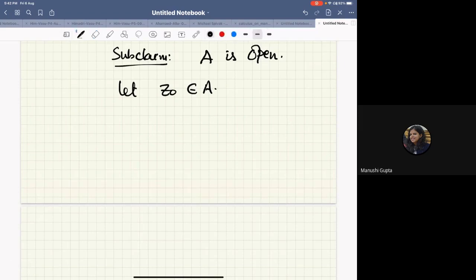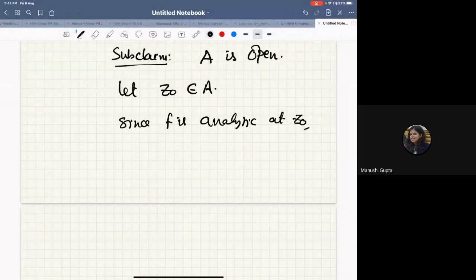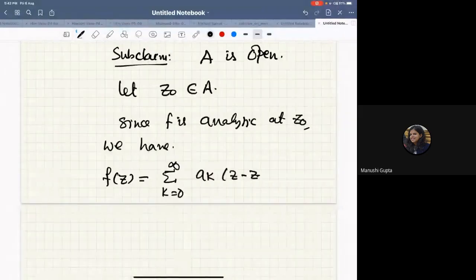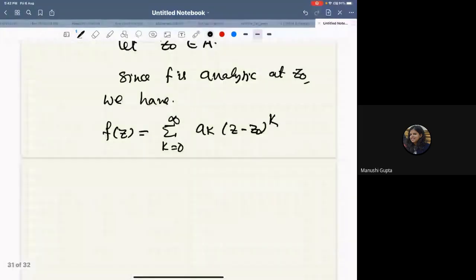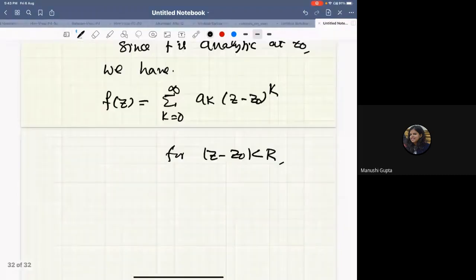Since F is analytic at Z0, we have F of Z is the summation k equals 0 to infinity ak times (Z minus Z0) to the power k, which is valid in some neighborhood of Z0, for mod Z minus Z0 less than R, where R is